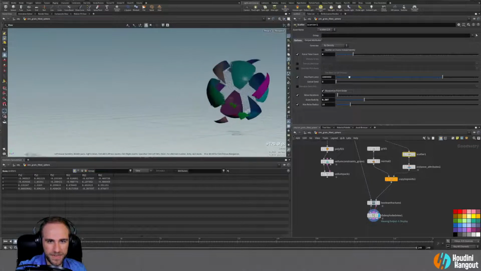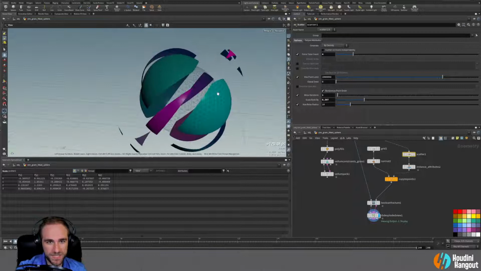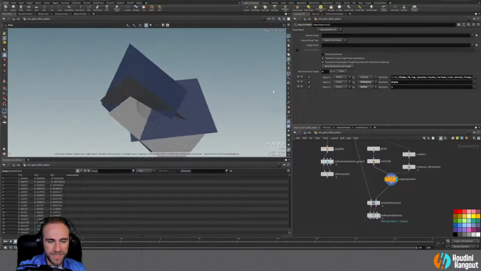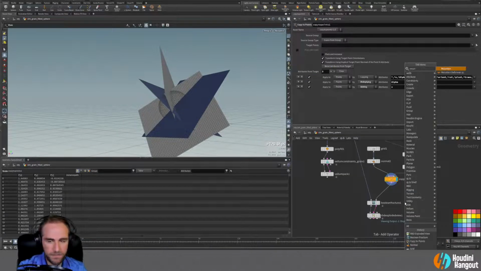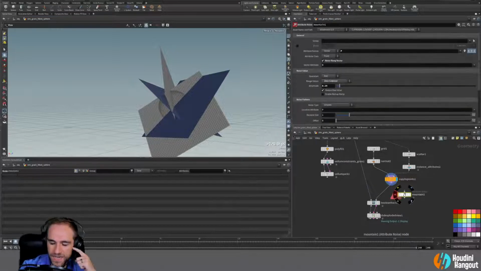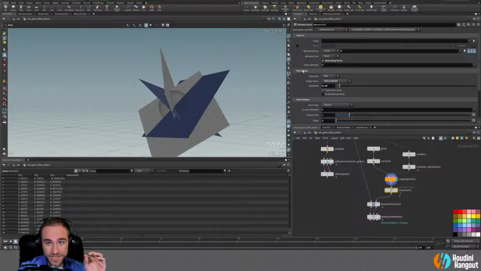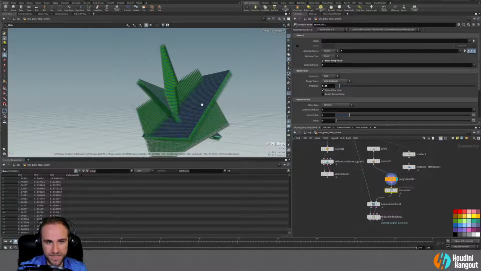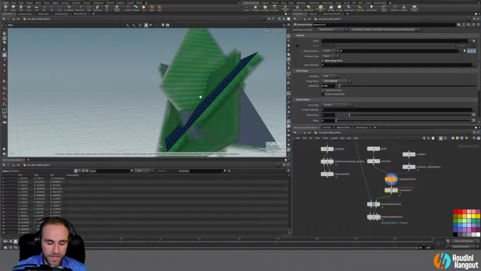Maybe 4 will be a little bit better. Sure, why not? The other thing is we still have these really straight lines, which is not what we want. So what we can do is noise up these cutting surfaces here. And what I'm going to do is a mountain. Now there used to be a node called the mountain SOP. Now this is just an attribute noise, and the noise is along a vector. So in this case, as we look at these normals that we've made on these copied,